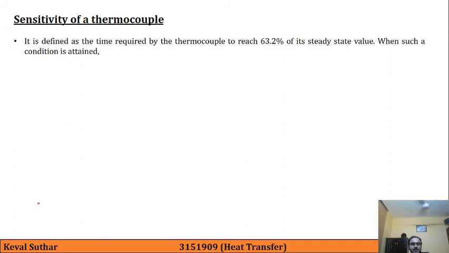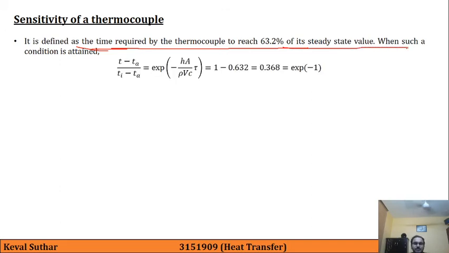Now the next is sensitivity of thermocouple. It is defined as the time required by thermocouple to reach 63.2% of steady state value. So when such condition is attained, so this is our standard formula for temperature profile. So when we are reaching the 63.2% of steady state, the meaning is that we are getting this value, that is 1 minus 0.632. So we are only remaining with